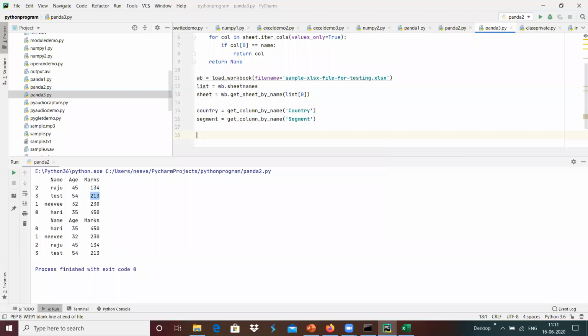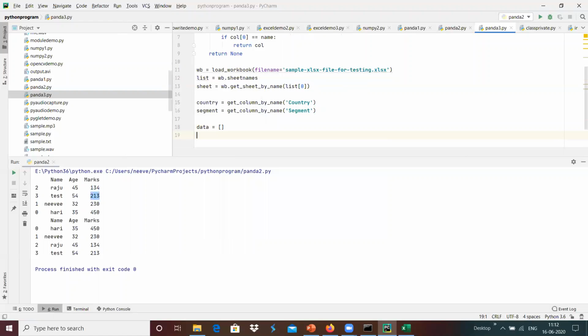Maybe I'm going to define a list that we can push into it. To create a data frame we need data, which is a list over here.